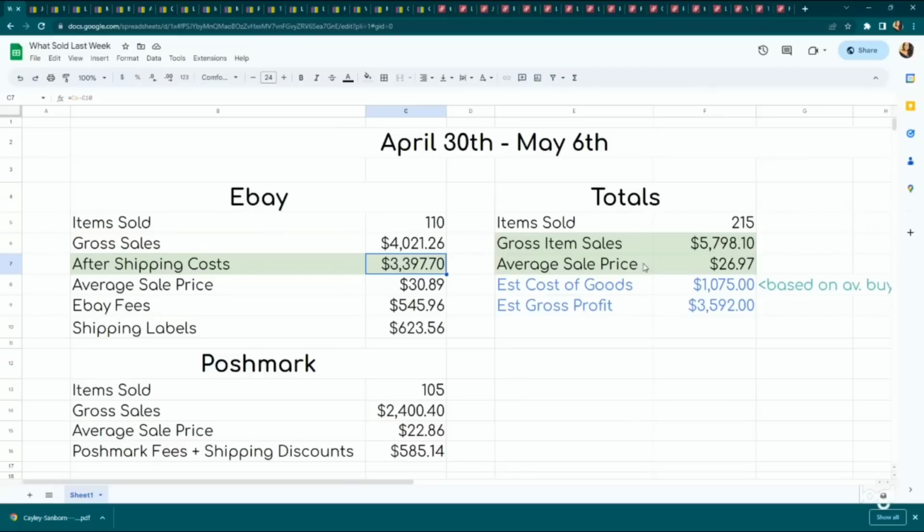So in total, I sold 215 items. My gross item sales, which again are just strictly what the items sold for. I did also additionally get shipping costs, but I factor that in elsewhere. Just the gross item sales were $5,798.10. Average sale price for just the items was $26.97. My estimated cost of goods based on an average buy cost, I actually upped my average cost of goods here recently because it did go up,